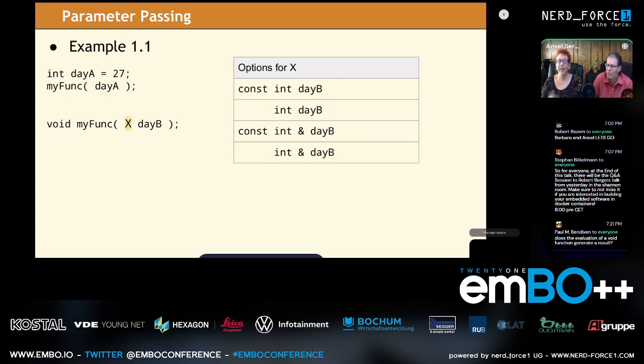This is saying the API wants us to pass by value, which makes perfect sense. Day A is the value 27. The second two are receive by reference, so with the value 27, we would have a reference to the 27.